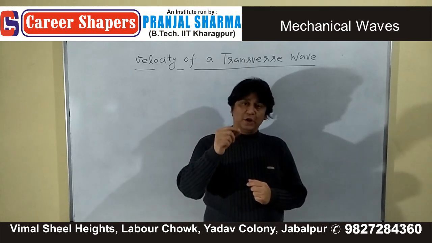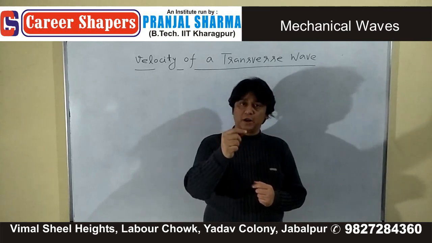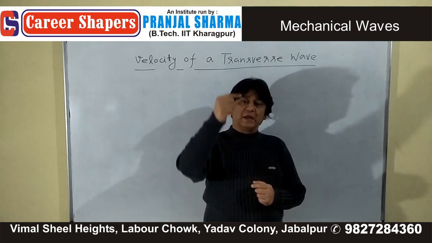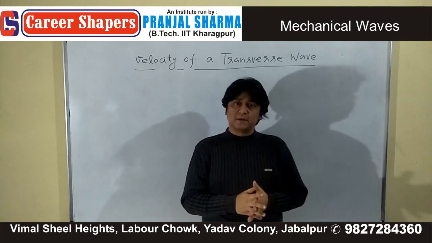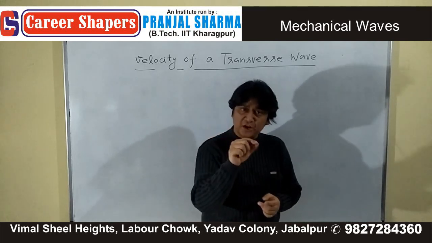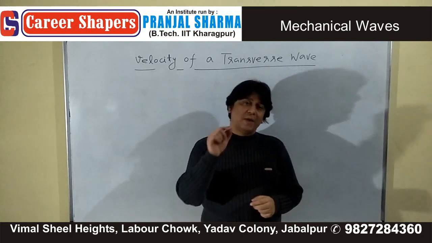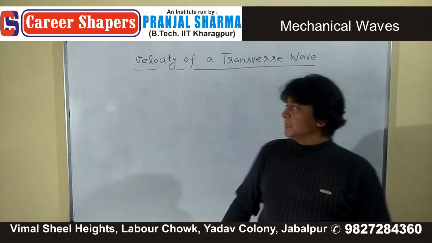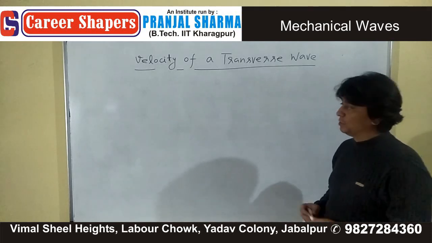Now, how you move a particle of the rope in the transverse direction will be decided by the inertia of that particular particle, and that inertia is given by mu,